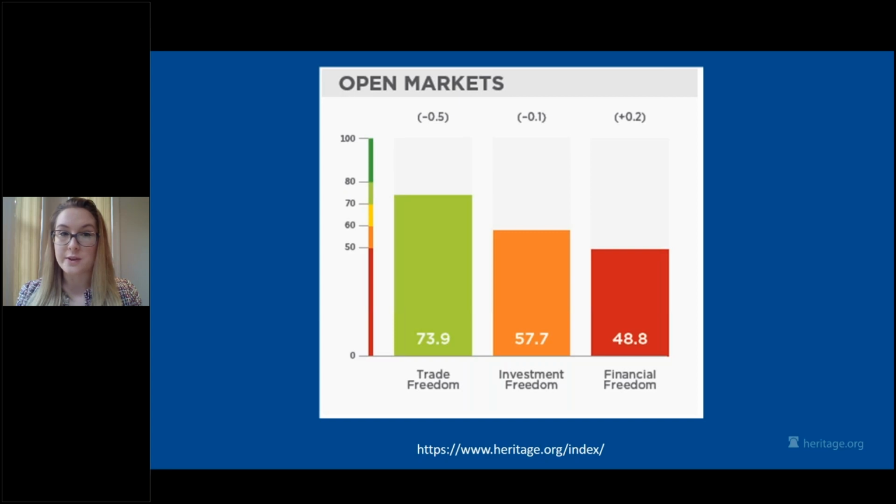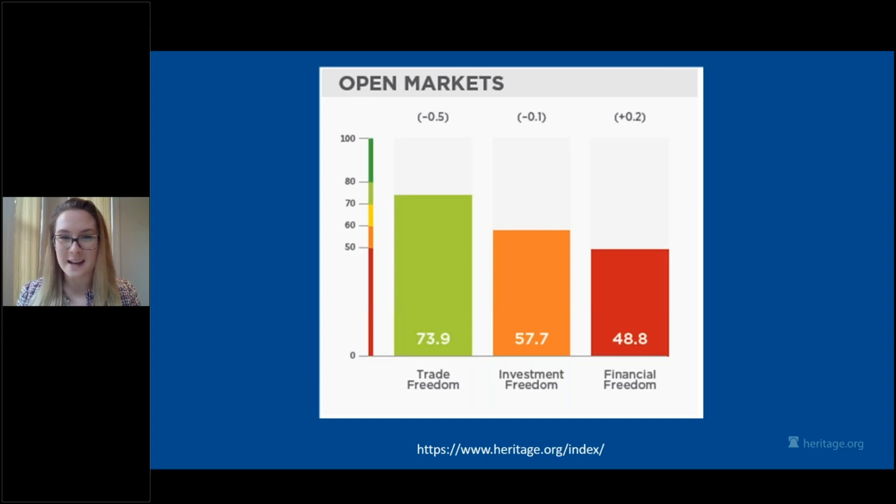Now, trade freedom is measured through each country's average applied tariff rate, or the cost of importing for individuals in each country. We also apply a penalty for non-tariff barriers, so things like subsidies. For example, the US average applied tariff rate in the 2019 index was 2.6%, up from 1.7% in the previous year, and today that rate is actually higher. This means that on average, Americans pay 2.6% more than the basic market price for goods that they import from the world. Now, that might not seem like a lot, but when Americans import $2.5 trillion worth of products each year, 2.6% turns into a big bill.